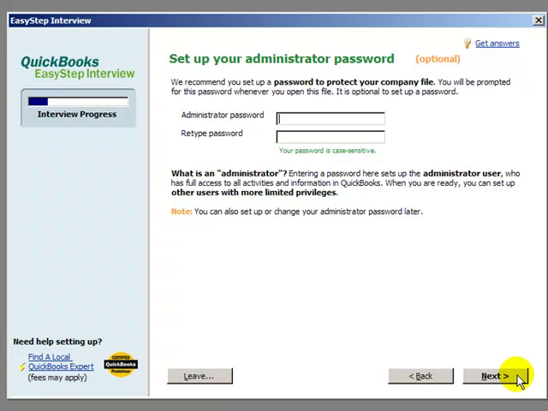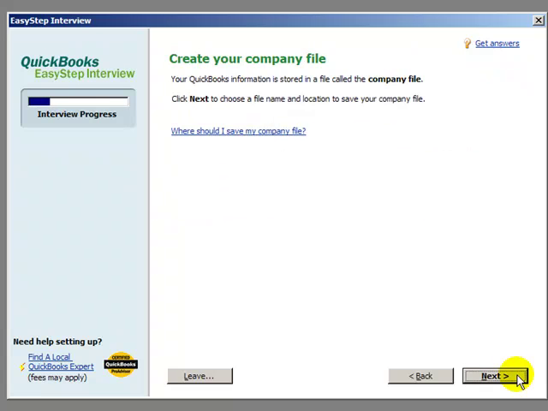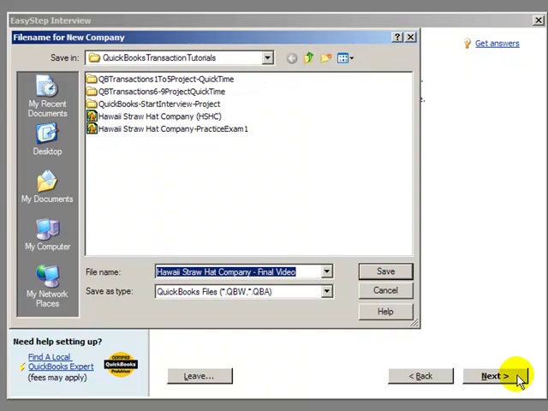If this were a real company, you might choose to put an administrator password in so that you can control what access certain users have. In this case, I prefer that you not put in a password so that when I review your file, I will not have to remember your password or find it out from you. Choose Next. At this point, we will click on Next to create the company file,